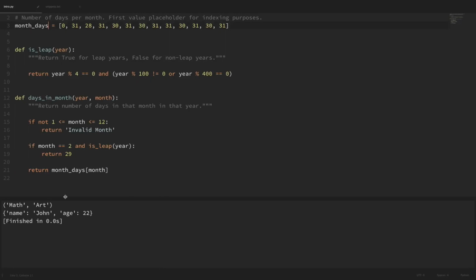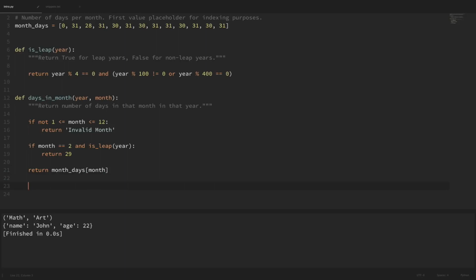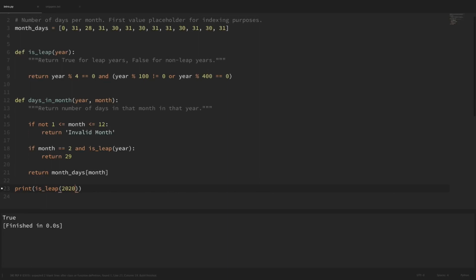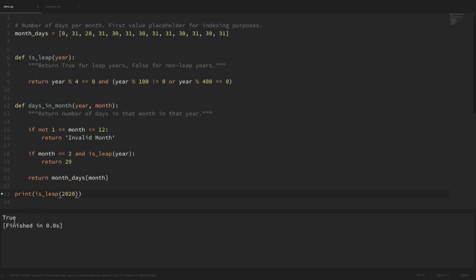So let's just run through this one time and see how these functions work. So outside of both of the functions, we're going to go ahead and first use this isLeapYear function. So we'll say isLeap 2017. So if we run this, then it returns false. So we ran this function, isLeap, passed in 2017 as our value, and it went through this complicated conditional here and determined that that was false. But if we type in 2020 here and run that, then we can see that it returns true,